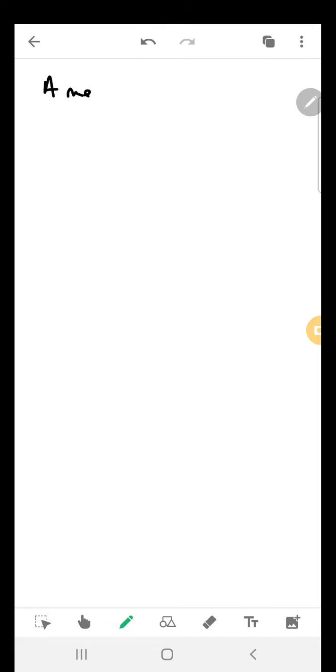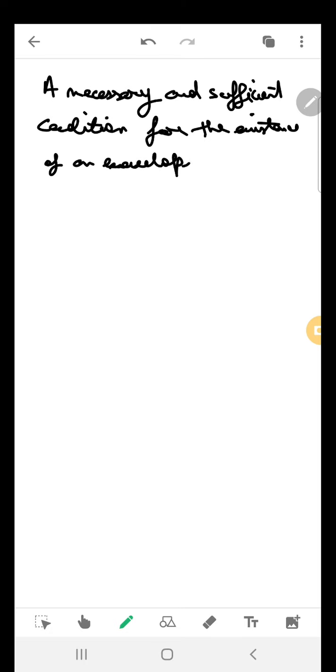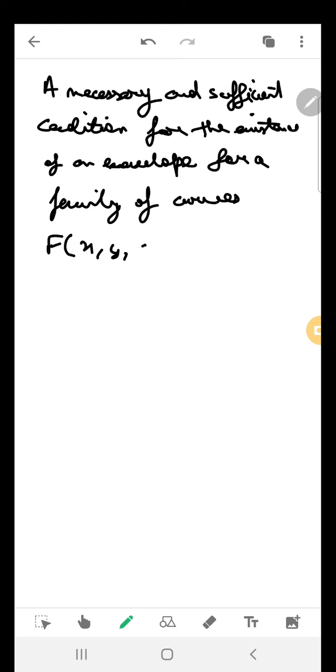So a necessary and sufficient condition for the existence of an envelope for a family of curves f(x, y, alpha) equal to 0,